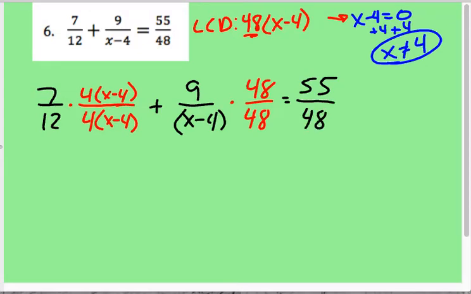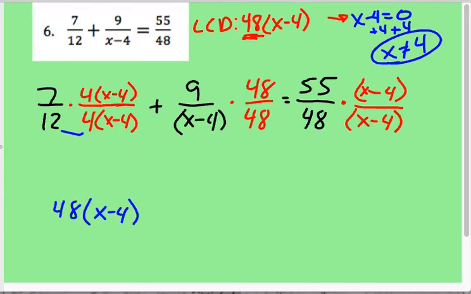And we're going to multiply here. We already got the 48 covered by x minus 4 over x minus 4. Okay, so clean it up. You can cancel out your denominator because we're going to have a common denominator all the way through. 4 times 12 is 48, and that x minus 4. I'm not going to multiply that through. Here we go. 7 times 4 is 28. Now I'm going to take that 28, multiply it by the x minus 4. Use the distributive property there. And we are going to get